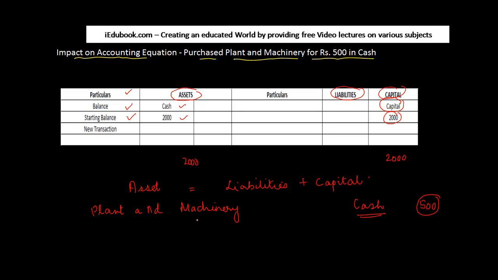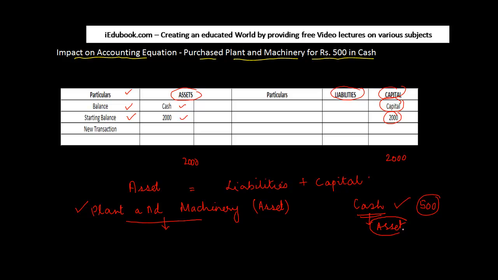Now if you see in this case, which are the two accounts which are being affected? We have been discussing time and again that every accounting entry impacts at least two accounts, right? So in this case it is plant and machinery first, and cash is the second account which is getting affected, right? And both of these, as we know, are asset accounts,